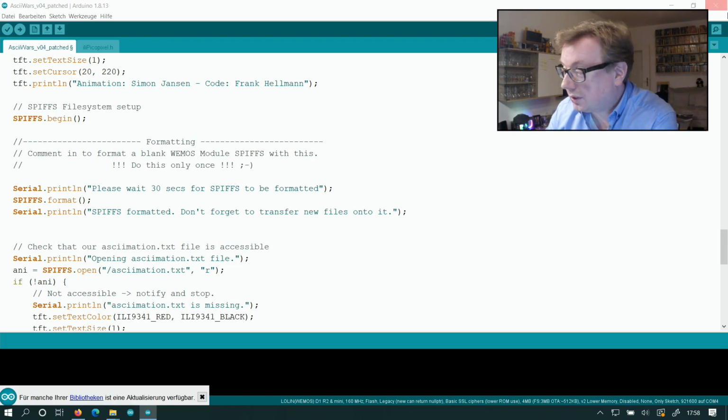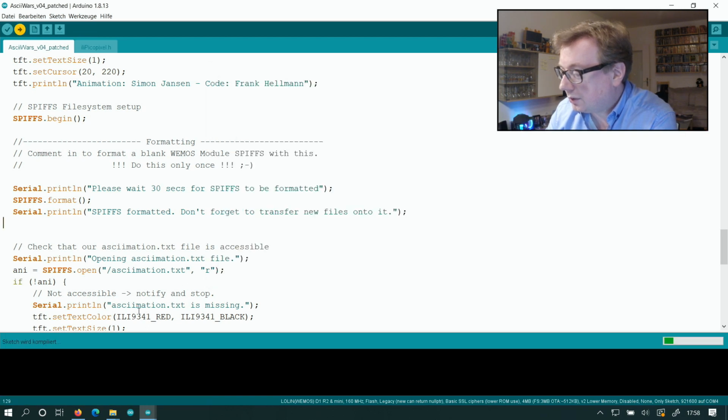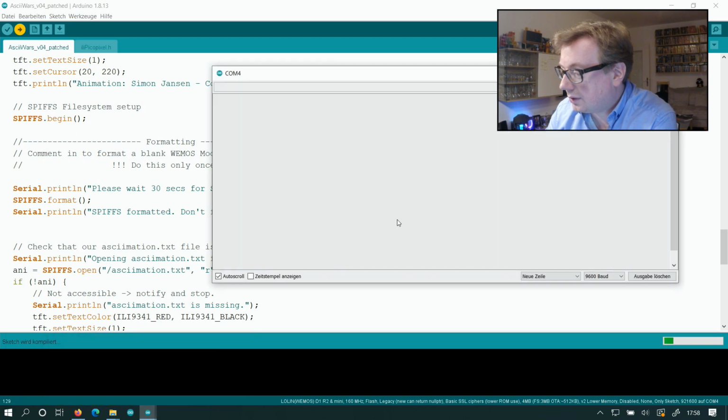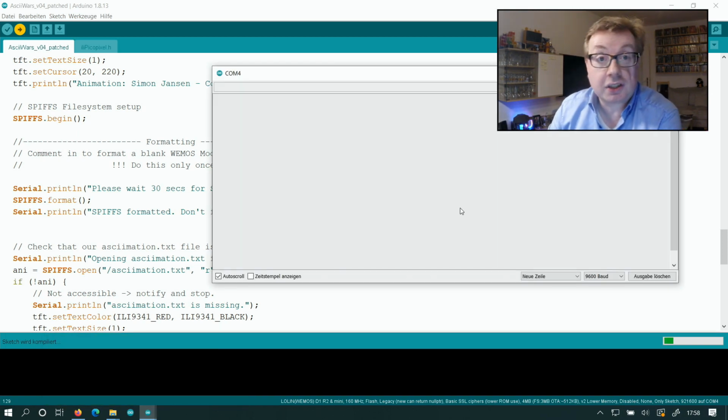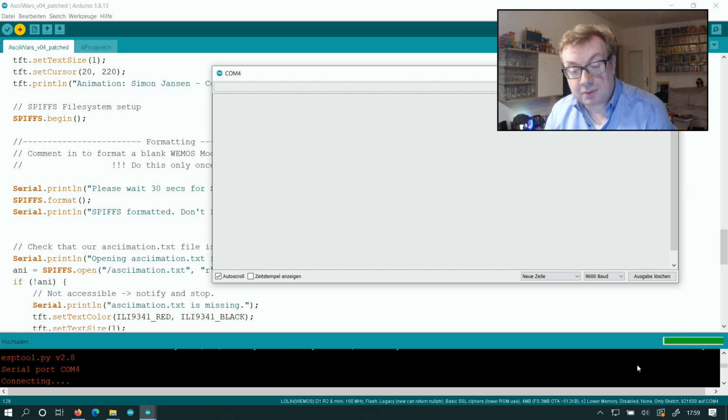And to see what's going on, we'll just open up COM4 serial monitor, and we're gonna upload the sketch, which will format and which won't do much more, and give us an error message that there is something wrong with the whole system. So now sketch is compiling and is being uploaded, and what it does basically is